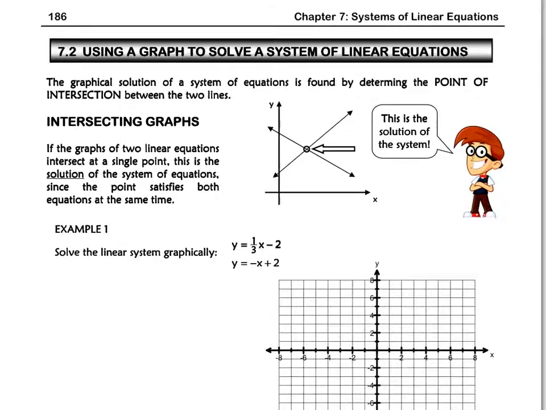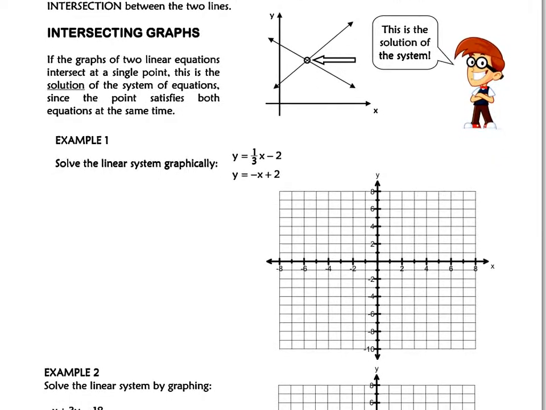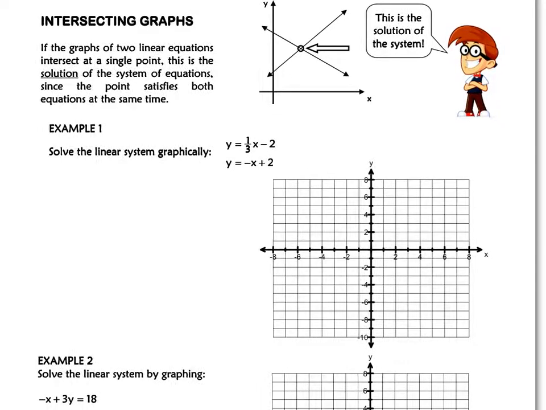So we're going to take a look at this first example, and we've done a lot of graphing in chapter 6, so you should be familiar with how to graph each of those lines. Both of these lines are in slope-intercept form, so just to remind you that when they're in slope-intercept form, y equals mx plus b, m is your slope, and b is your